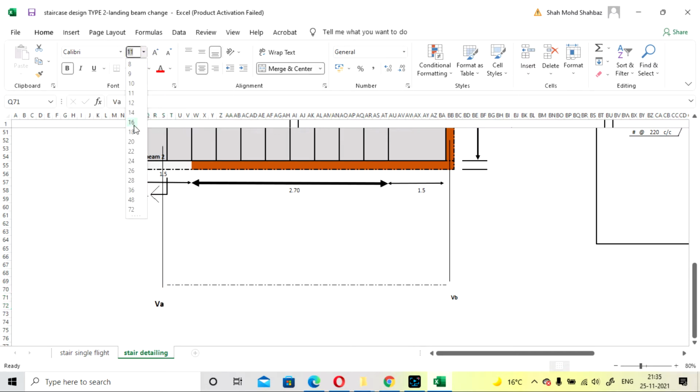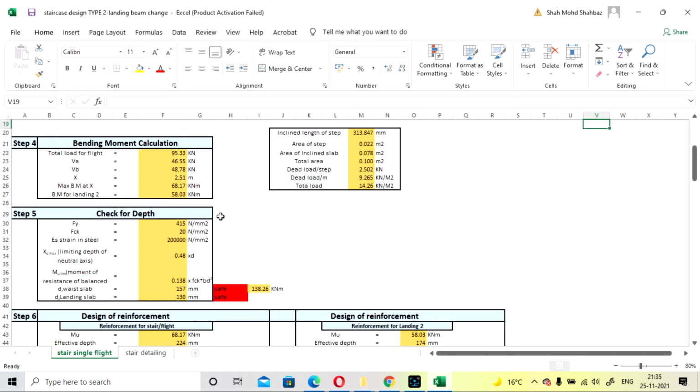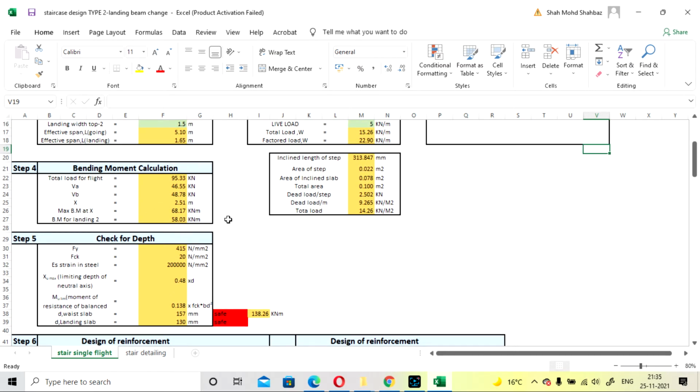So these are the reactions that are calculated: 46.5 and 48.78. So x distance will be calculated. It is the distance from the left where shear force is 0.